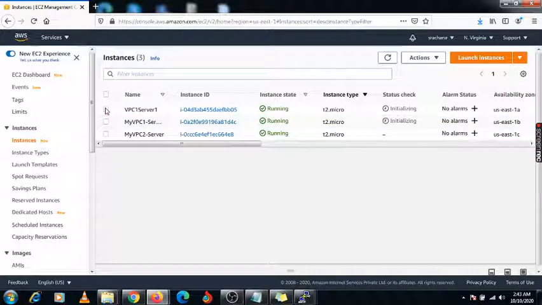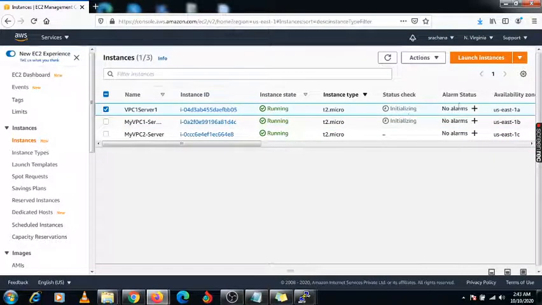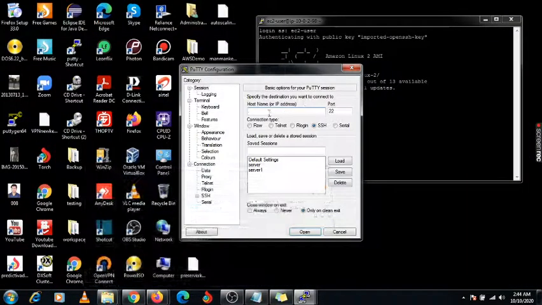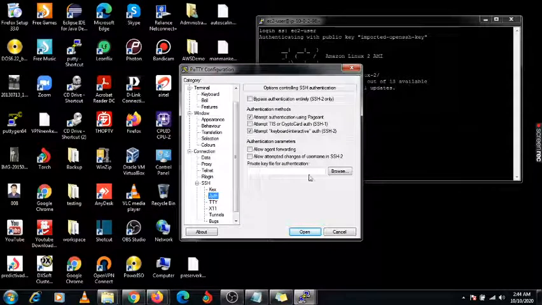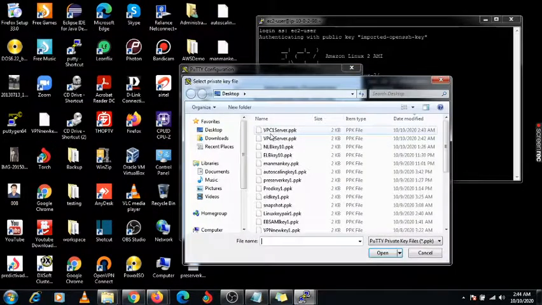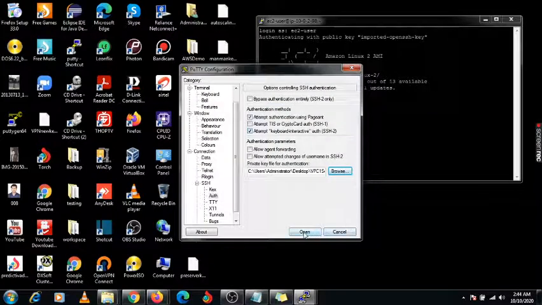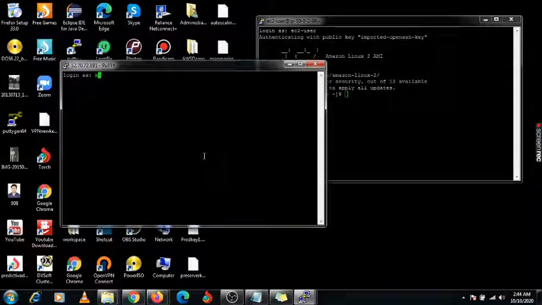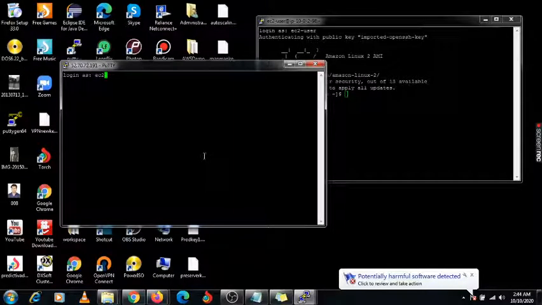This is my first server, and just check the IP address and put it here. You need to take the same key which we have downloaded, VPC 1 key, and just open it, because for both the servers we have taken the same key. ec2-user, enter it.